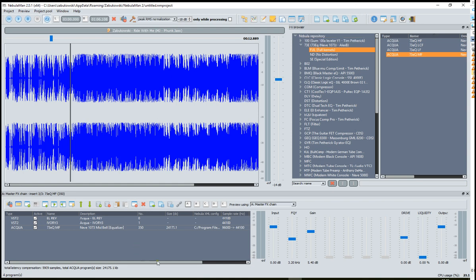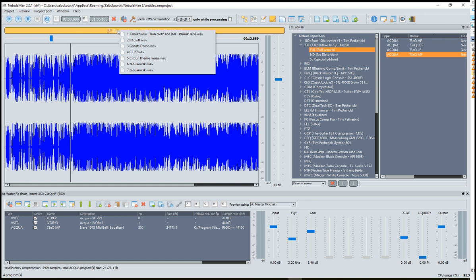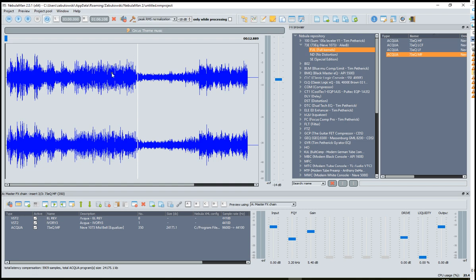So I think I've covered most of the things which are important to understand how to preview a file. Okay, maybe this is another important one. Right click on this button will show you the recent file list which were used for previewing. So you can select a file from here. I think maybe this one is nice for the end of my